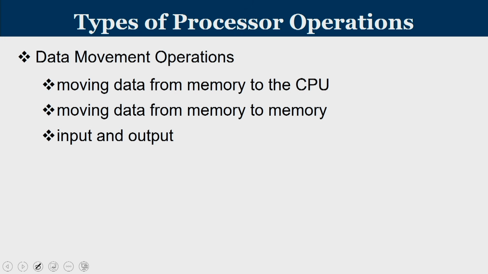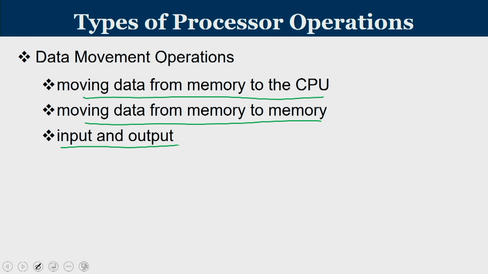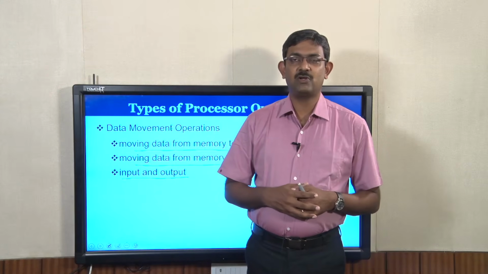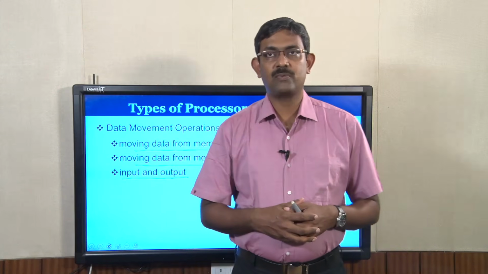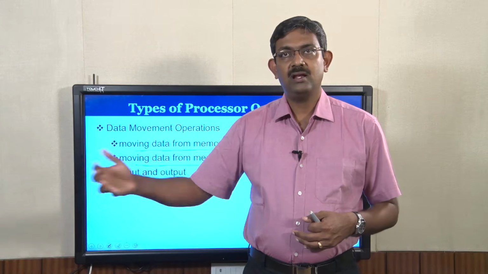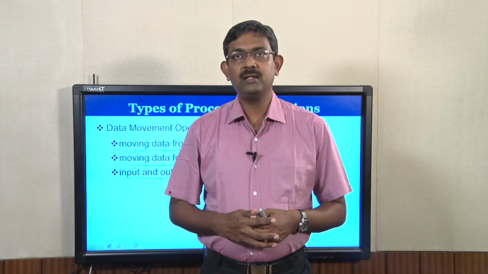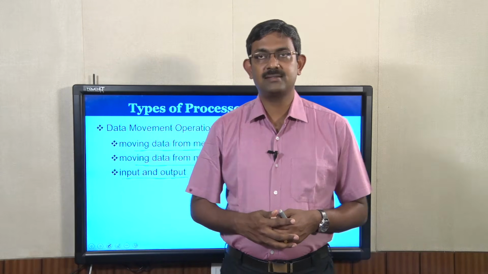The next category of operation that microprocessors do is all about moving of data. Moving data from memory to the CPU, moving data between memory, moving data from CPU back to memory, and from input and output. So, when data is located in memory and the data is needed in CPU, this move instruction or data transfer instruction will help the microprocessor to bring the data which is in a different unit. Similarly, it is also used for getting and putting data from peripheral devices.